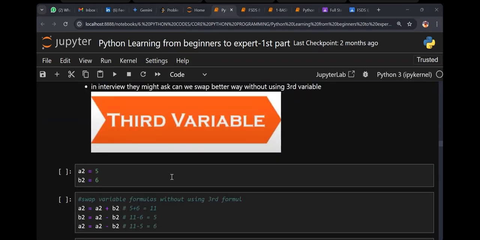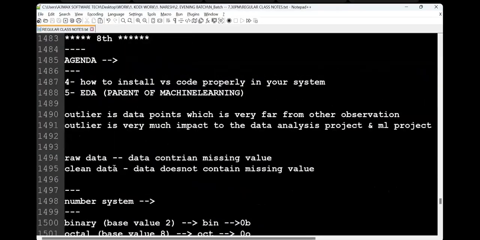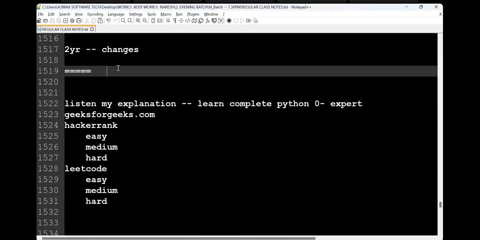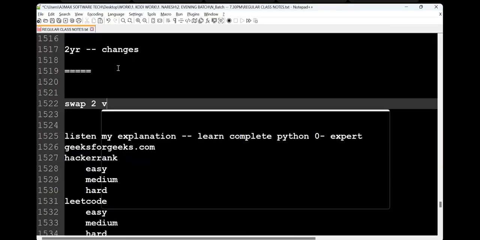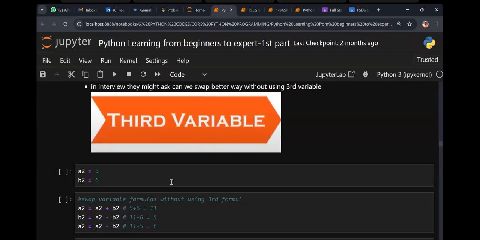So what is the first step we solved? Just go here. The first way we solved the swap of variables is using a third variable. Next, can we solve it another way?